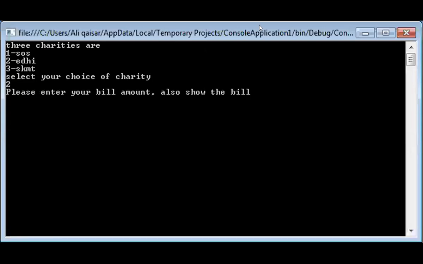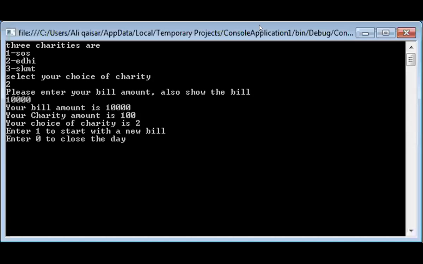If you say 2, it has selected ED, and now it asks you to enter your bill amount and also show the bill to the person standing by the machine. I say 10,000 was my bill, and its 1% is 100 rupees. It says your bill amount is 10,000 rupees and your charity amount is 100, which is basically the 1%. And it says your choice of charity is 2,